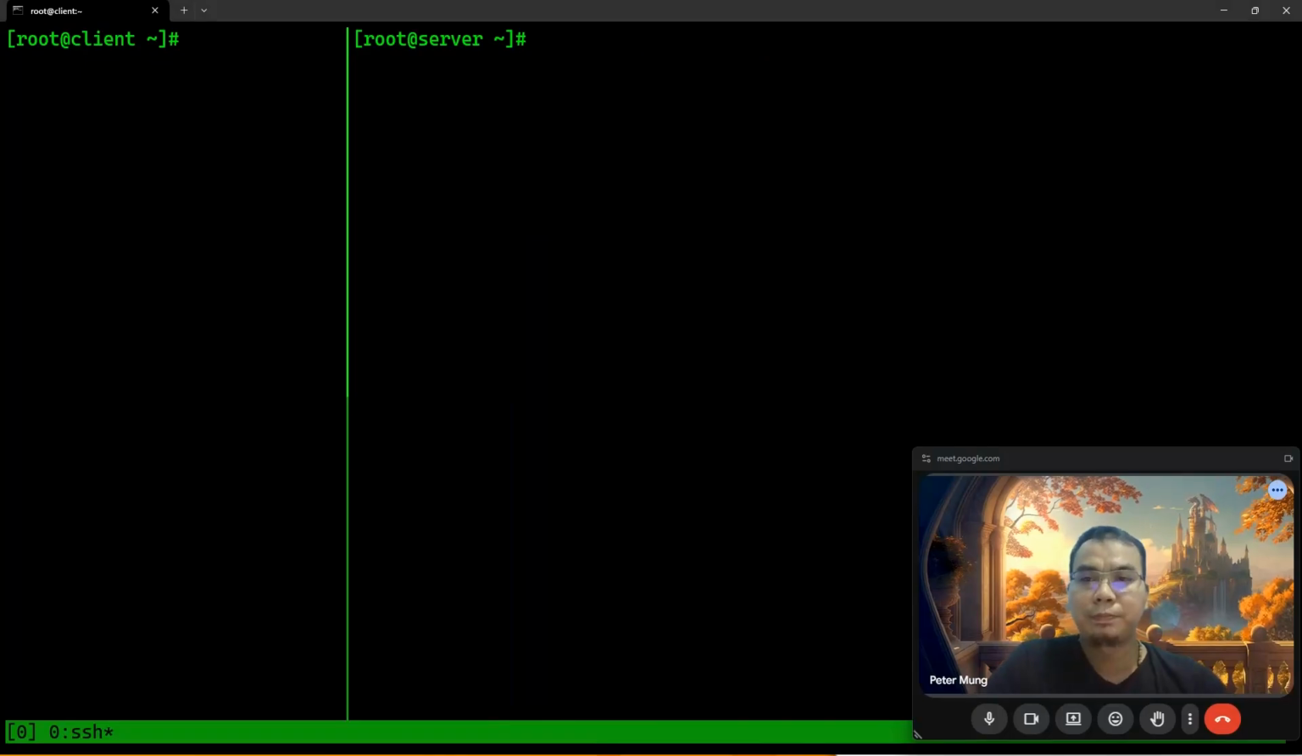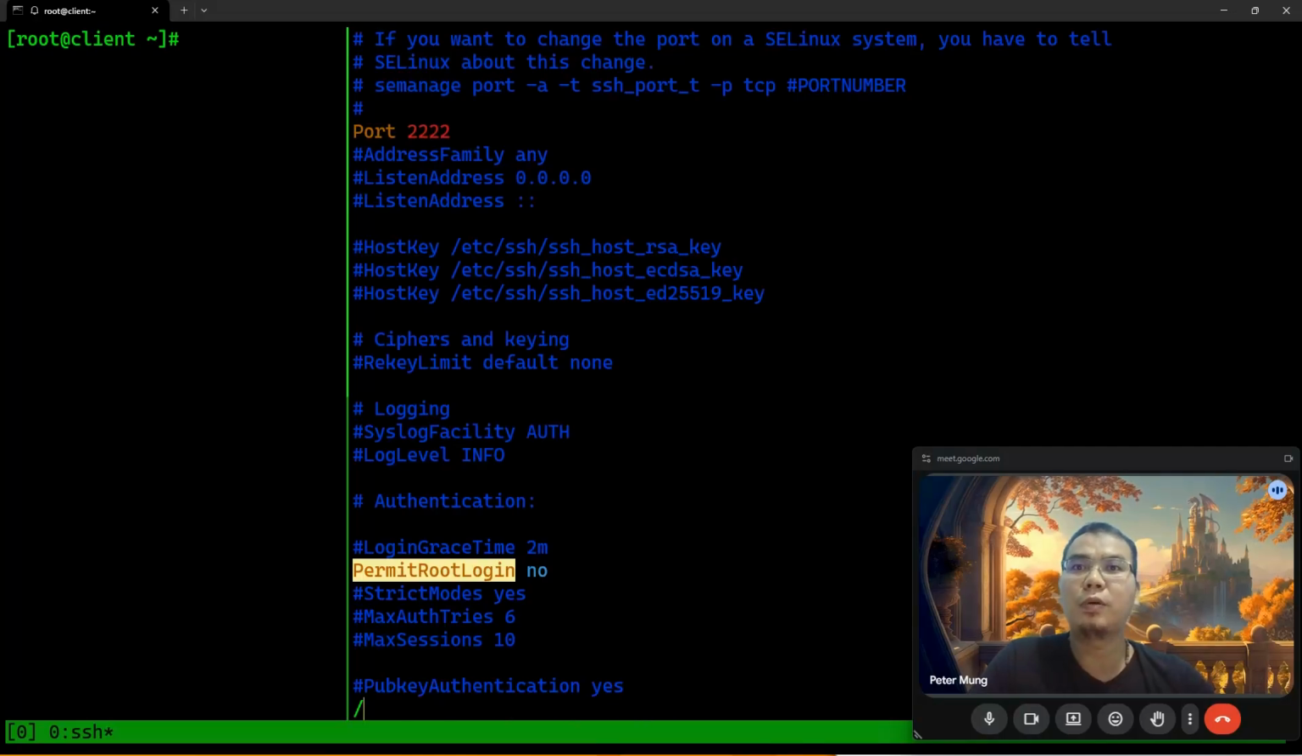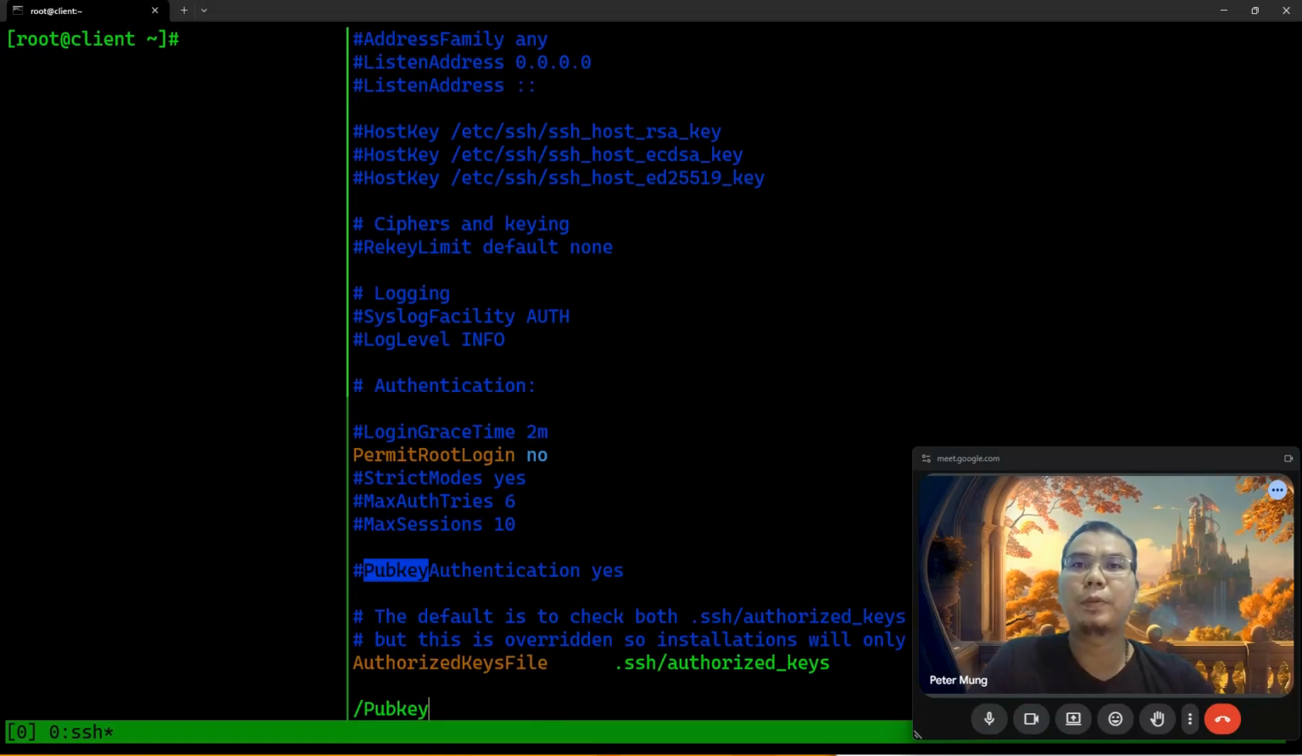Tip number 3. Enable key-based authentication only and disable password authentication. Passwords can be guessed or brute forced, whereas SSH keys are extremely difficult to compromise. We can achieve public key authentication by editing the SSH configuration. Go to the same configuration file and look for PubkeyAuthentication. Yes, we can see here public key authentication should be yes, and